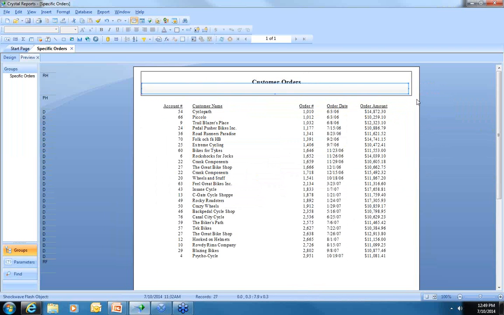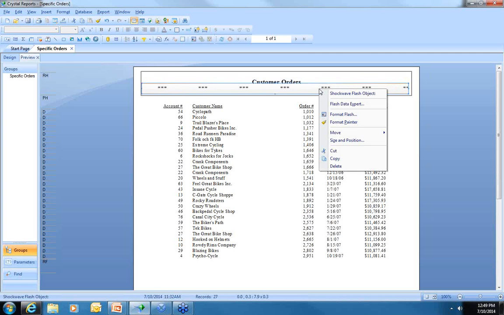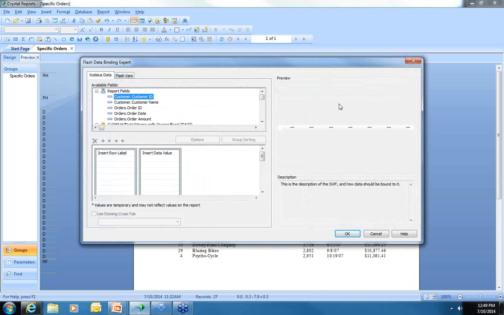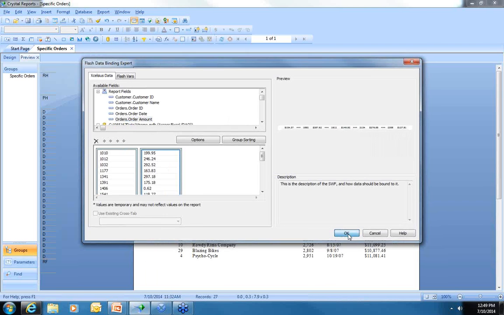So the ticker's going, but it says I don't know what to bind to inside of this report. Which field do you want to put inside of the ticker? I notice we've got our separators there, being the 3 asterisks. So let me right-click on that Flash ticker, go down to the Flash Data Expert. We said we wanted to bind the order ID as being our label. And we wanted the order amount as being the actual data value. And when I click OK,